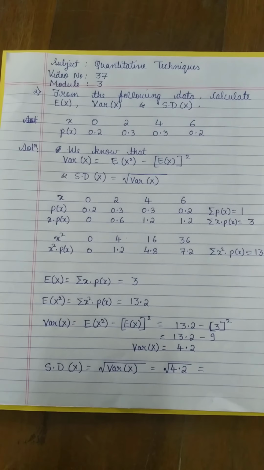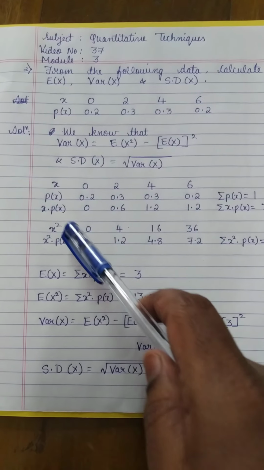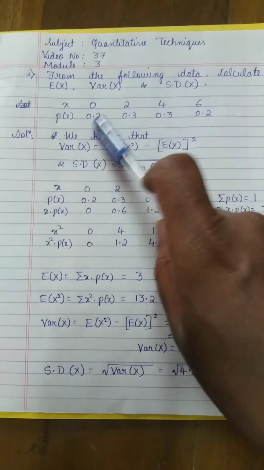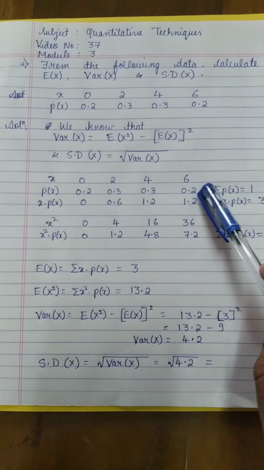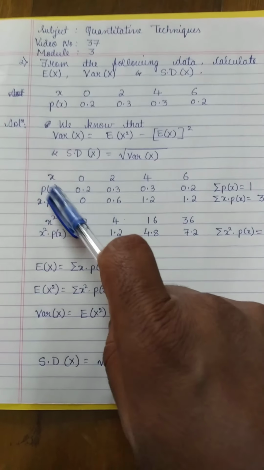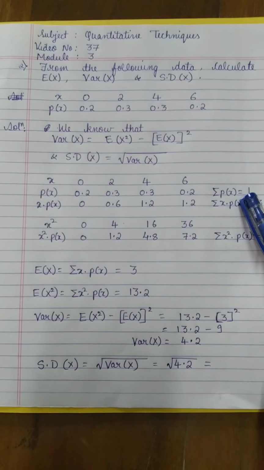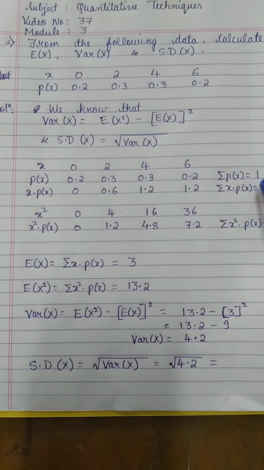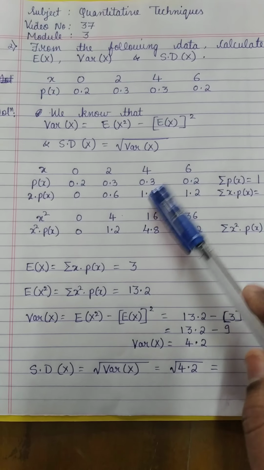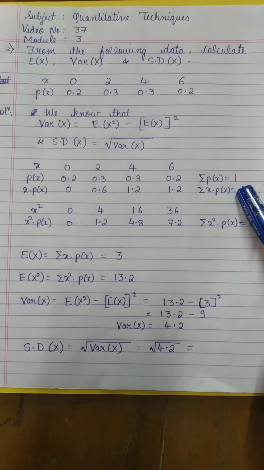Let us see how to solve it in our question paper if it comes. So the problem is given here. Copy this as it is. X and p of x values are copied here. Just see whether all the values of x are given. How do you know this? If you add up all p of x values, you should get 1. Are you getting 1? Yes, you are getting 1. That means they have given all the values of x and no value of x is skipped. The sum of p of x should always be equal to 1.